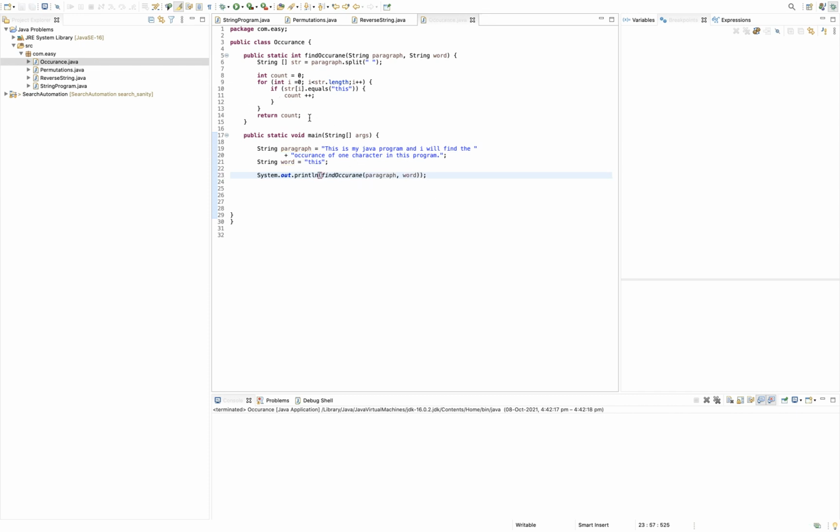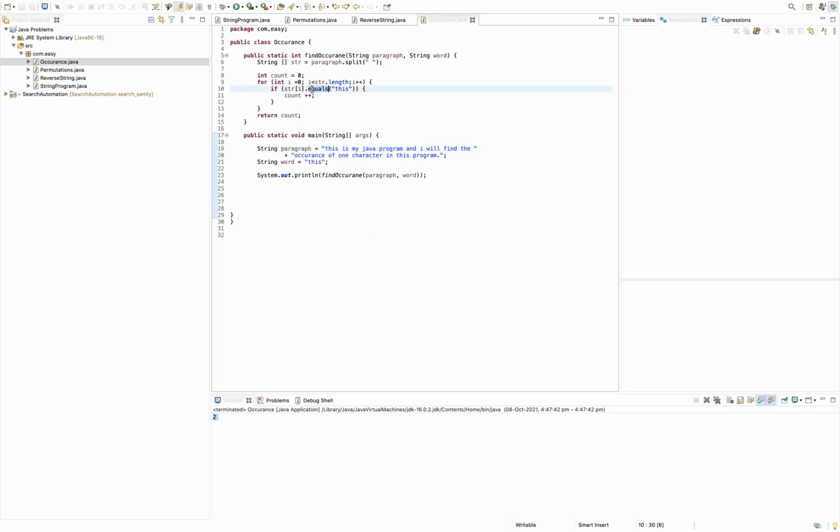Let me save this. Let me run this. It is finding this only once because I have used equals. Now if I do this, it is taking this as 2.